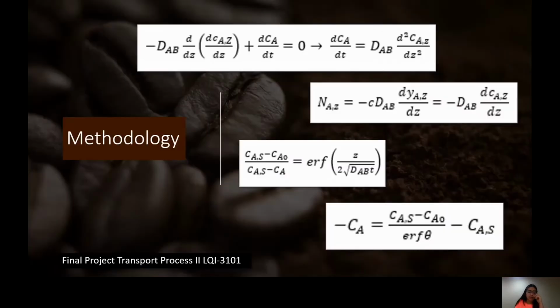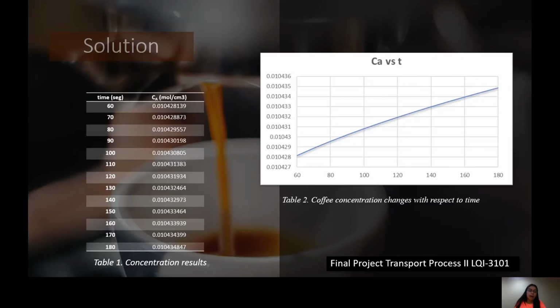We can see how we did the problem, starting with the description of Fick's law, having in mind the assumptions made, and the resultant equations are the following. Then, after some steps using the error function and dimensionless parameter, we obtain the last equation, which is in terms of final concentration. After carrying out the corresponding calculation with the help of software, we arrive at the solution shown,